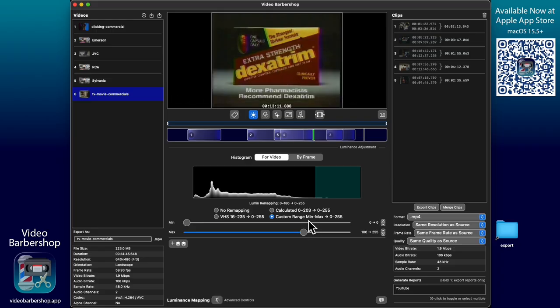This is very common if you convert VHS tapes and you see the video is much darker than what it looks like when you're playing the tape over your VCR. This is the issue that you're trying to resolve. So that's one thing that's real simple to do. However,